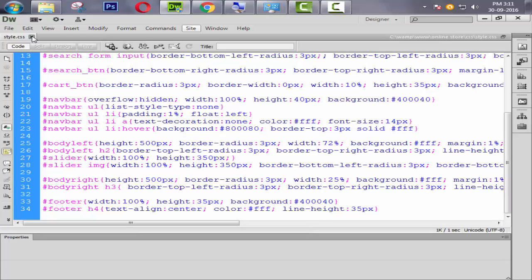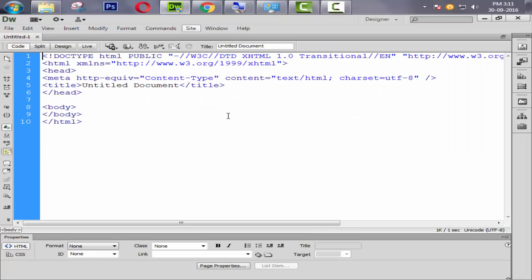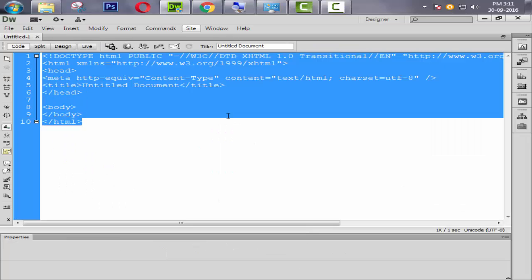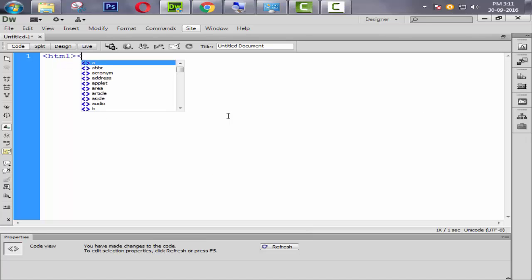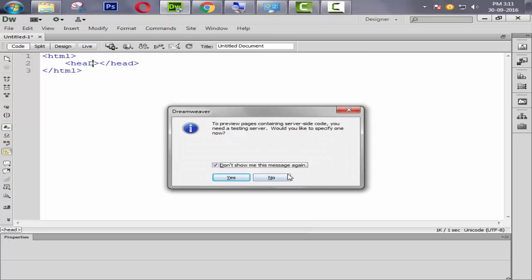So first of all, close it. And here select PHP for creating a new page. Simple. Remove all this and simply type our HTML tags. Now we need to close the head tag. Sorry, mistake.